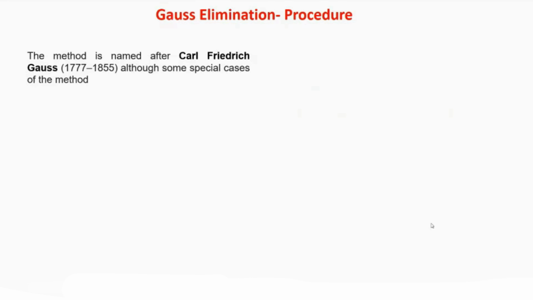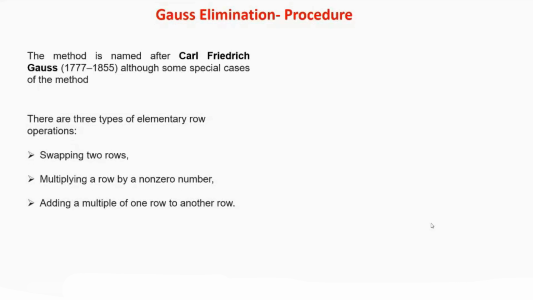This method is named after Carl Friedrich Gauss, 1777 to 1855. Although some special cases of this method have been studied by some Chinese scientists, who invented this method long back, about 2000 years ago. And the Gauss elimination method